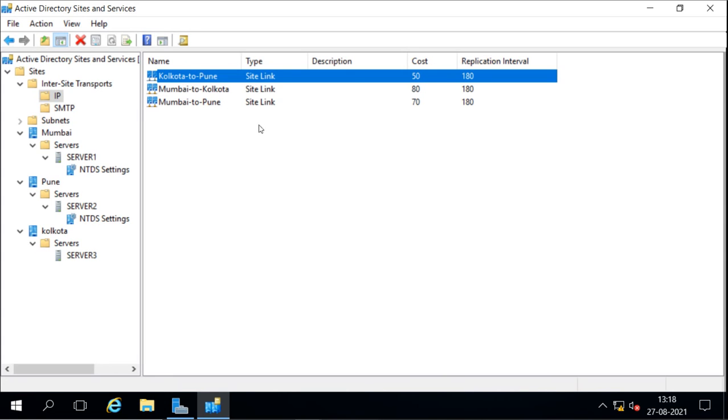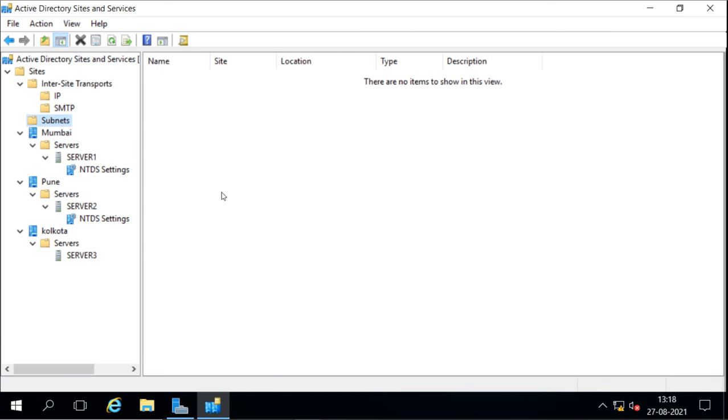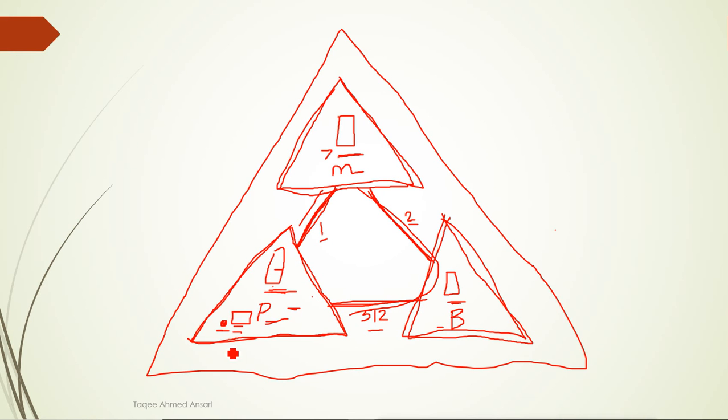Now when you create the sites, we also have to configure the subnet for the sites, because when the client tries to find the site, send information, or access the site, it tries to access it by using the LDAP ping, and for that it has to know the subnet. So the request will go within the subnet first. When the user first tries to log in from this site, it will try to find the information from the local subnet first,